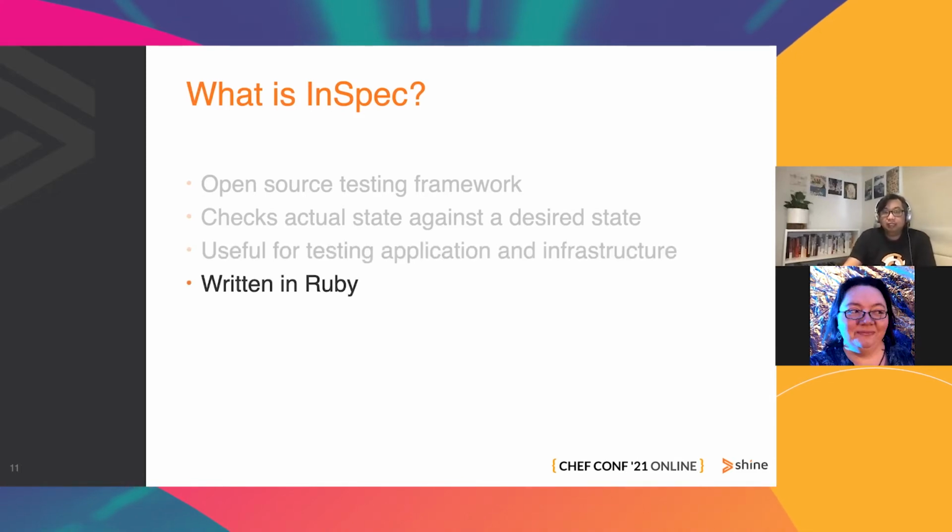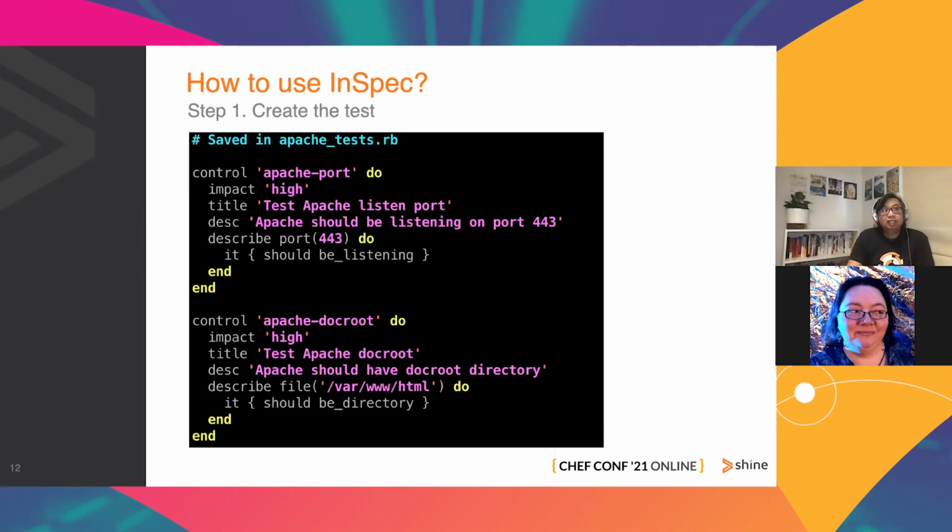But other than that, the fact that it was written in Ruby, technically, we would like to argue that anything that could be coded in Ruby can be tested. And that makes it useful, because we ended up using Inspect to do API testing, configuration checking, checking files on the file system, anything that could be coded, we ended up trying to code it at the various aspects of the system.